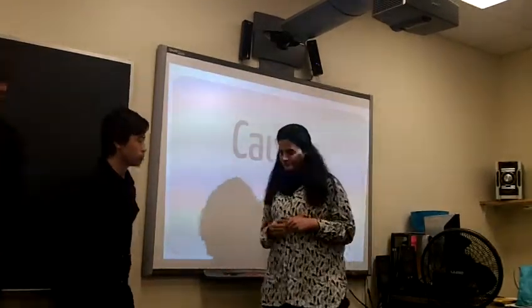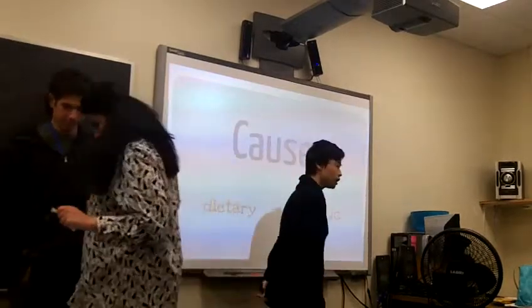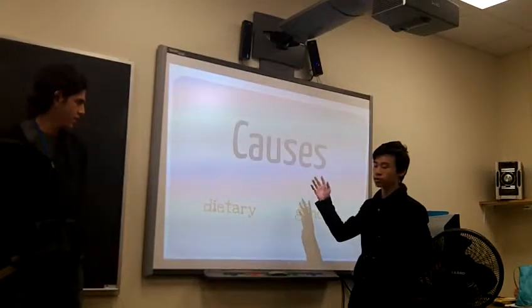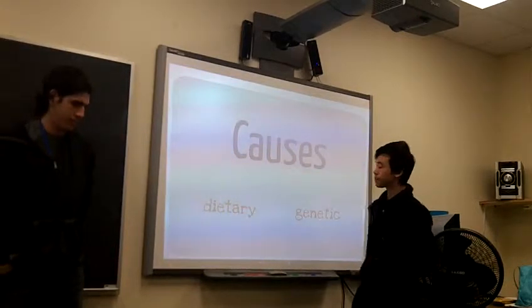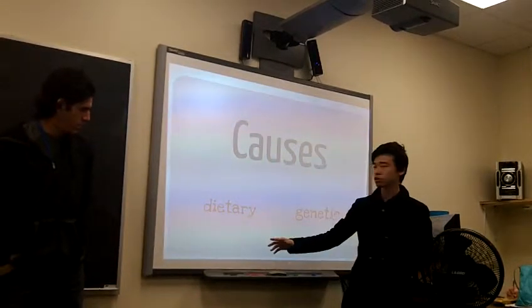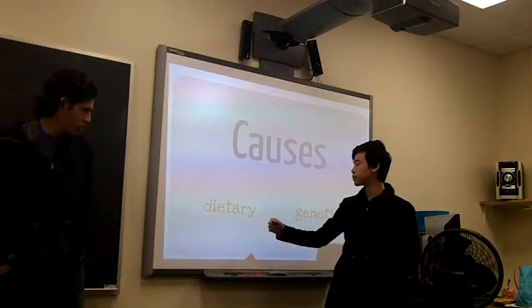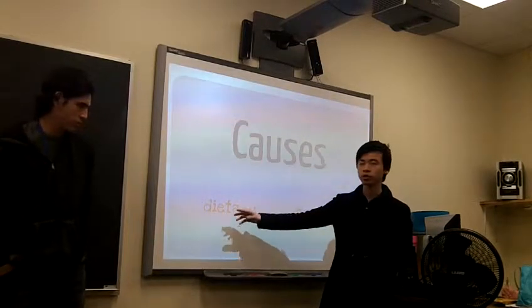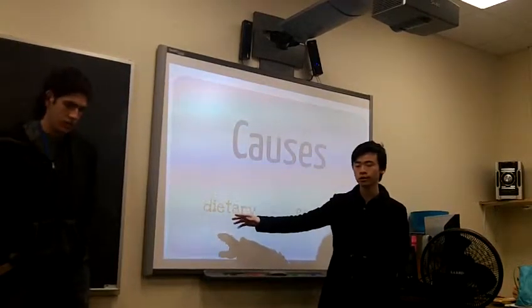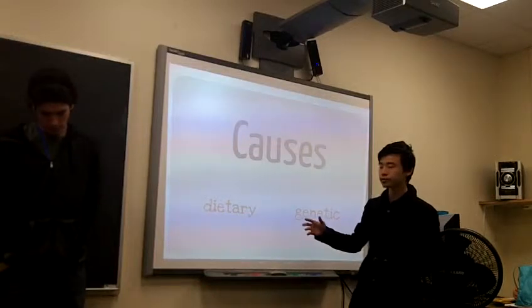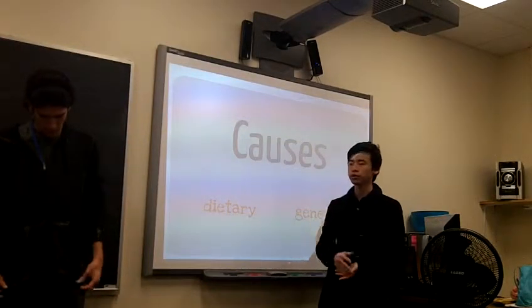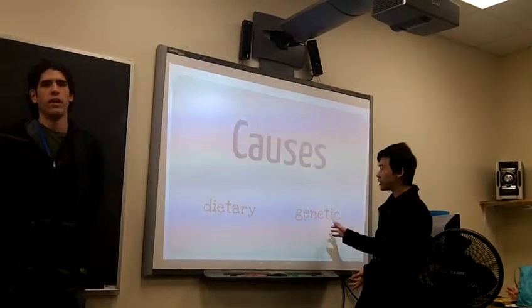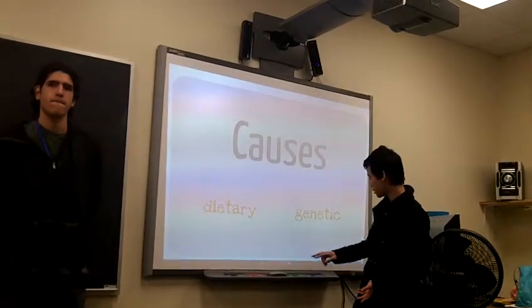Thank you, Mark. Now I'm talking about the causes of childhood obesity. You can say there are just two causes: dietary and genetic. Dietary means you eat too much food, like oil or sugar. You get too many calories from what you eat. And genetic means